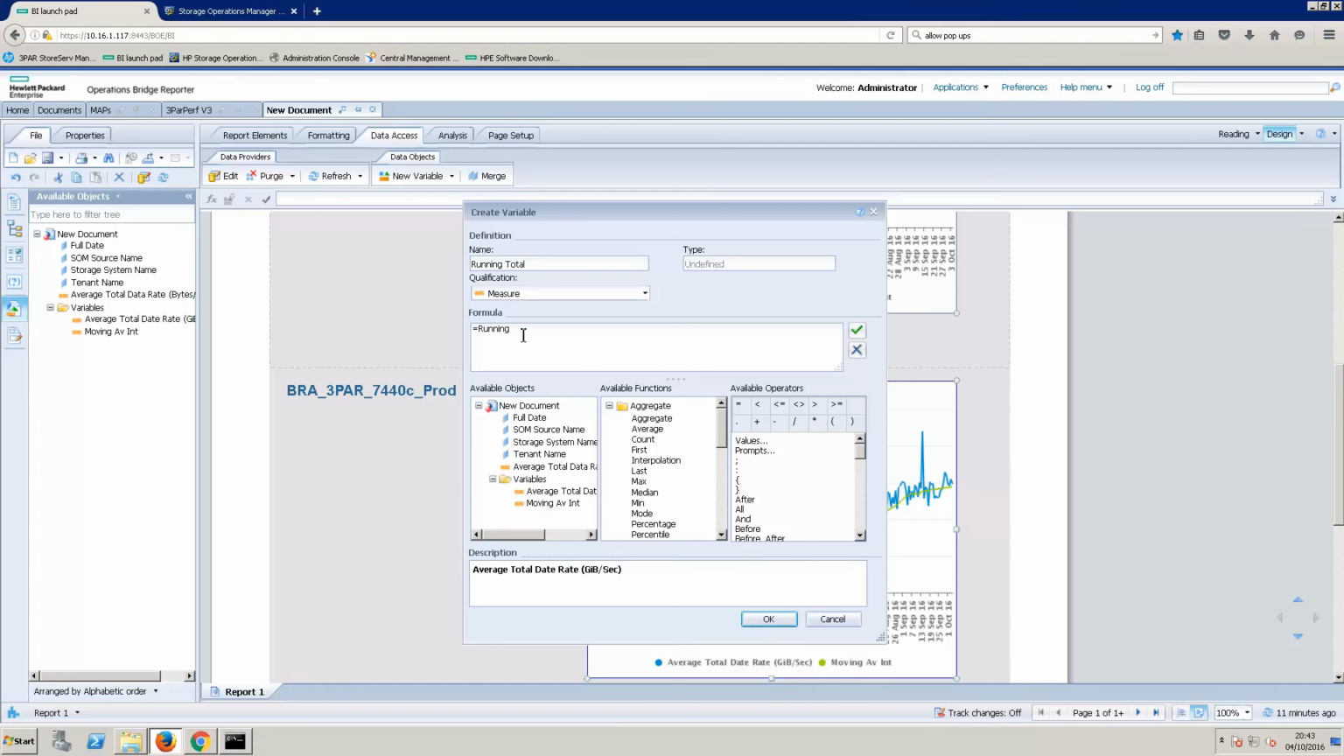running count, which will count the number of rows for the data. And the one bit that I always forget is I need to get it to reset that count every time we change the metric based on the storage system name. So every time we start a new section, the count will start again. Then if I click OK,